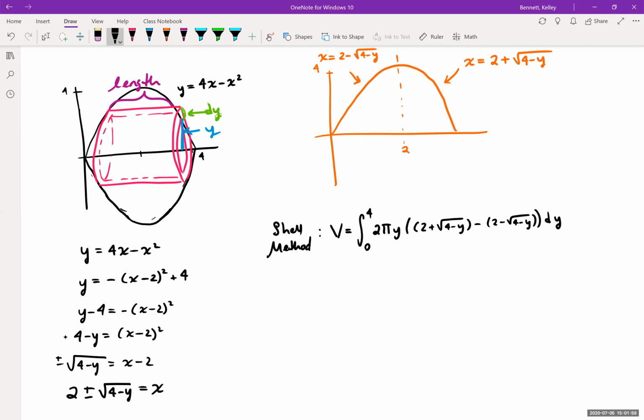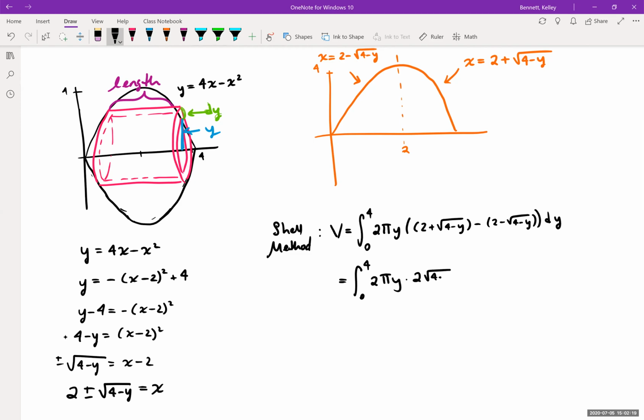So even though this does simplify nicely, I would still classify it as a pain in the butt problem. I would much rather, we would just be done by now if we had done washers, you know what I mean? So we get 2 pi y, these twos cancel,